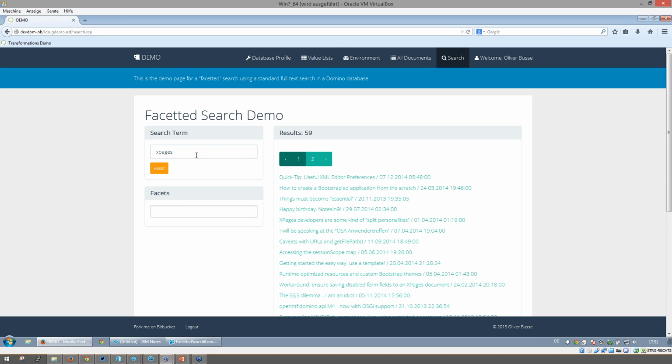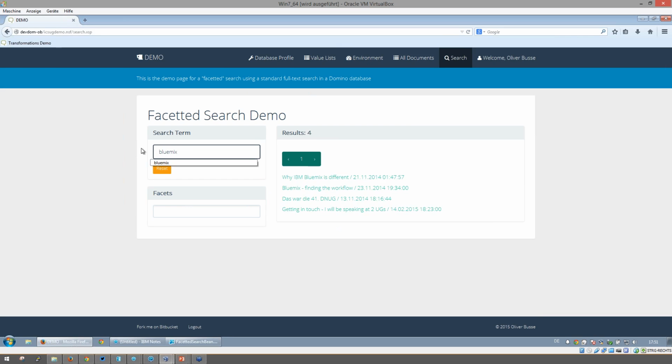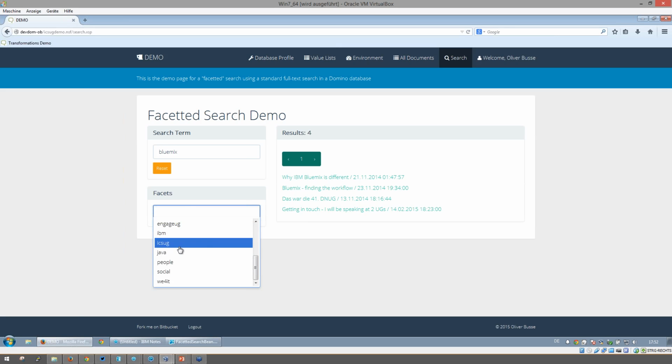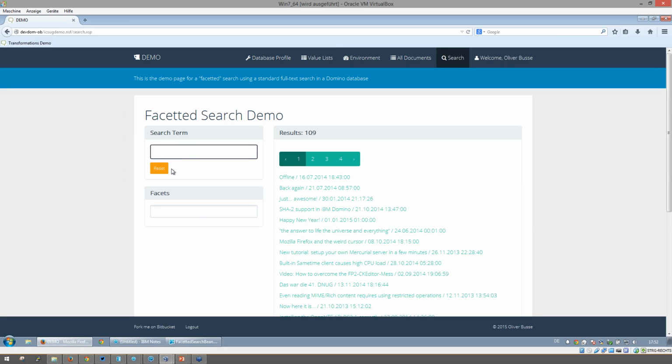XPages. Everything I posted about is about XPages. I will do it with Bluemix again. 4 entries, and you can see the list is not as long as it is when I'm seeing all documents. So this is one way. The other way is to pre-select some